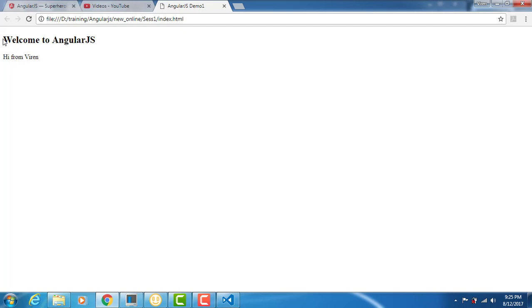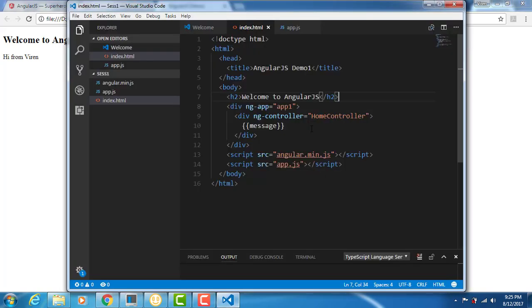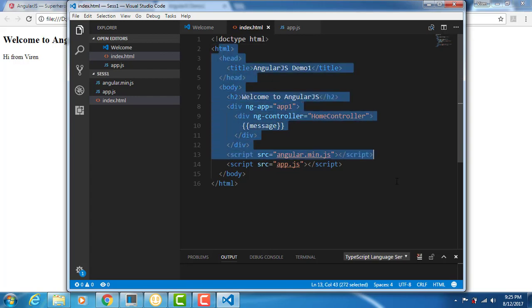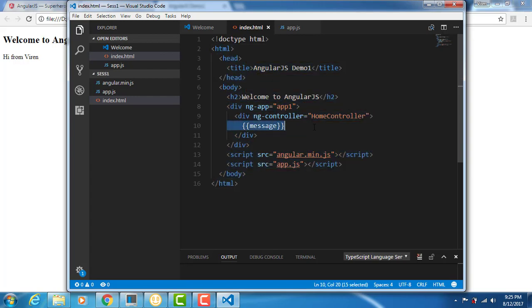So I'm just going to say welcome to AngularJS. When we come and refresh our page, we are getting this prompt along with the output that Angular code is giving us. Now, I have purposely done this to indicate that when we are using AngularJS, we can mix Angular code